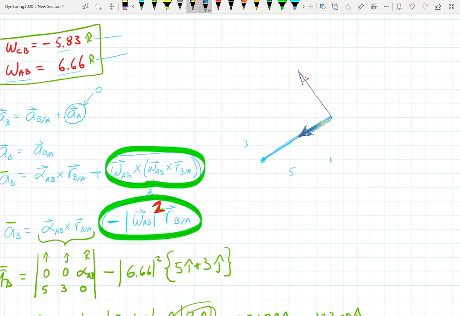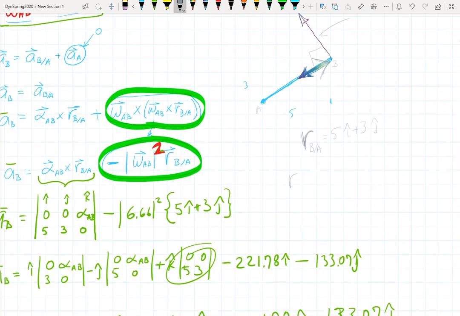If we've got a vector, which is this one, r, drawn to, here's A and here's B. B relative to A, 5I plus 3J. Now if I dot it with a vector that's normal to it, I should get nothing. So I should say R, BA, dotted with